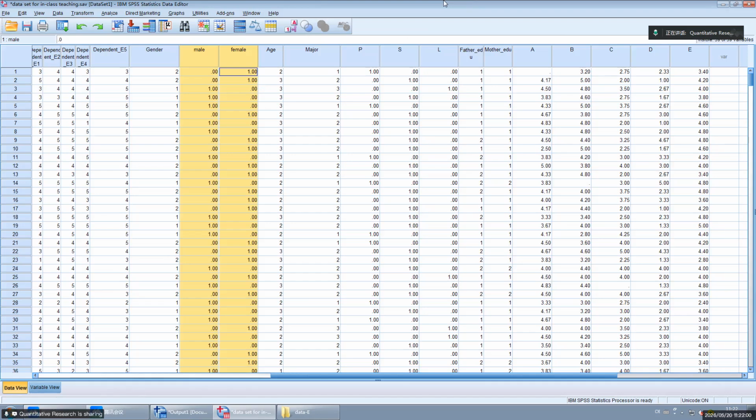We need social engagement, but if the sample is very large, you can use the separate plan. Compare which model is better, which option is better. That's it.